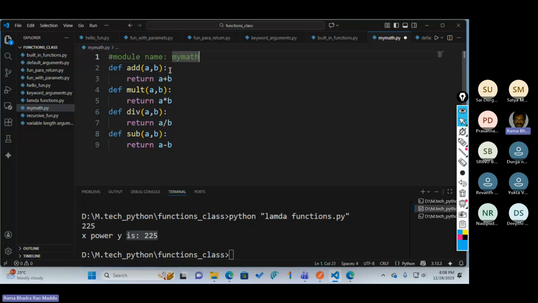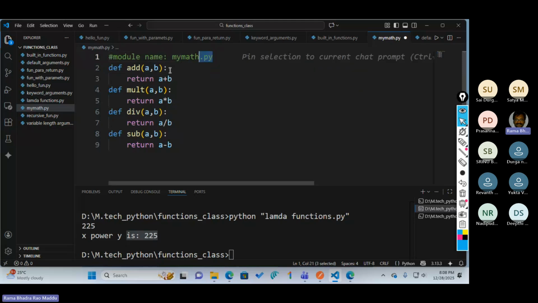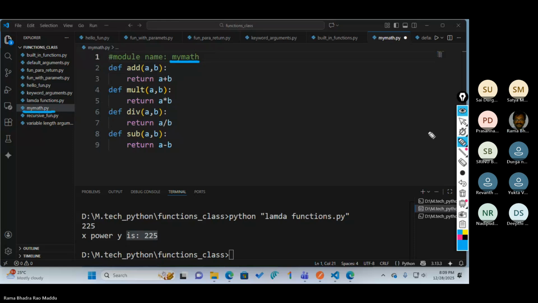So in mymath.py, mymath is the module name. This point is clear: first of all, what is a module? The file name you are providing here is nothing but the module. Is this point clear or any doubt?